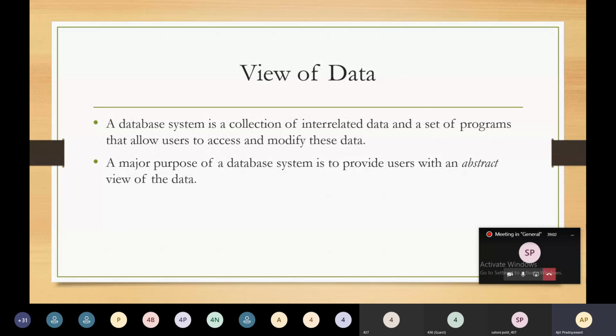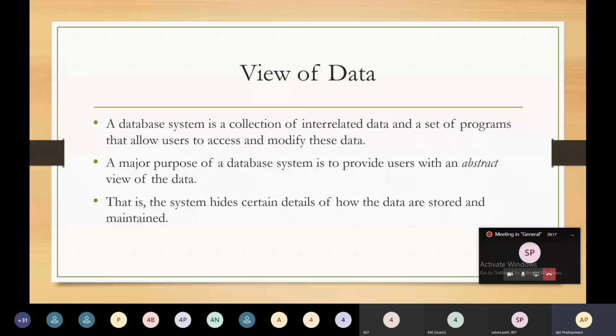Whatever the user wants to see, that view is visible, not the whole broad picture of the database system. This is called view of data. That is, the system hides certain details of how the data are stored and maintained.